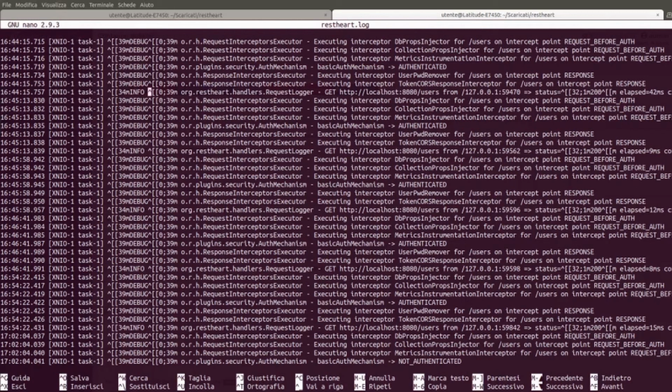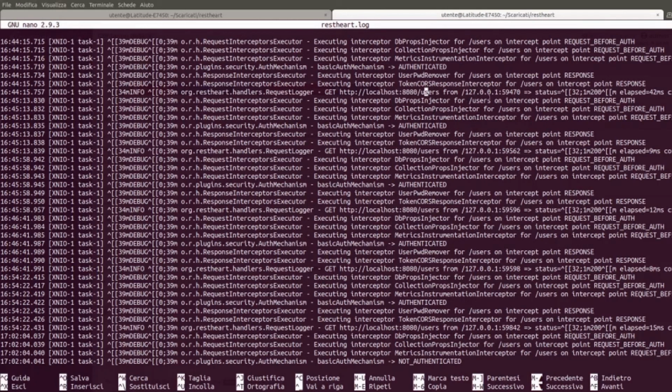Here, for example, there is a request for the users list. We will talk about this kind of call in more detail in the video about security. However, it is enough to remember that when the user's management is activated through MongoDB, all the users of the system are found inside a specific collection, which by default is the collection named users. So, the call to this endpoint should give us the users list. Therefore, we can see here that there is a get done to this endpoint to get the users list.